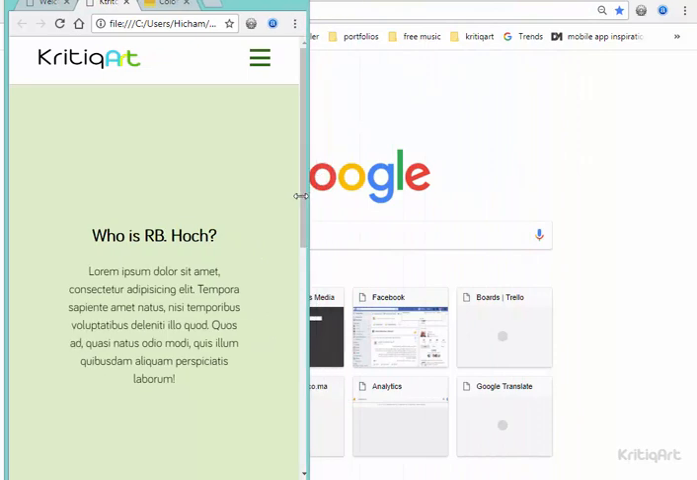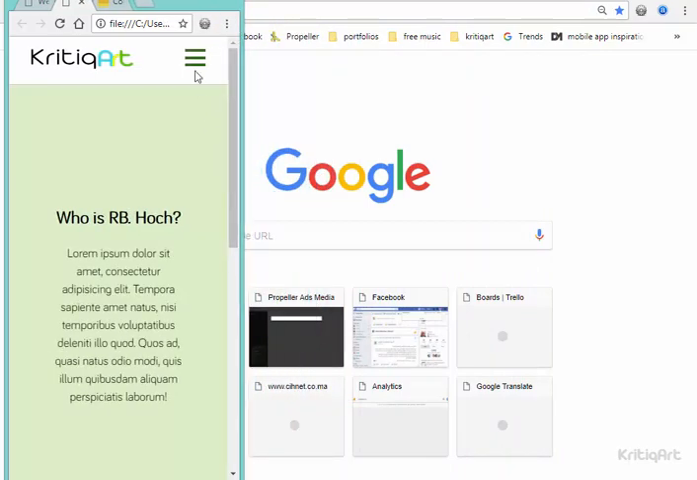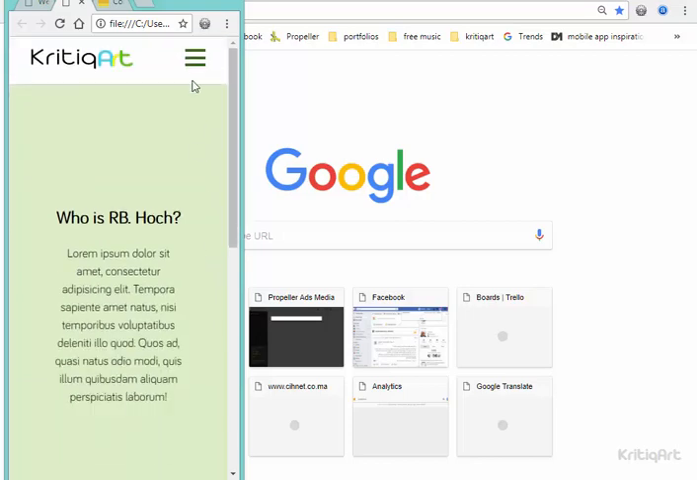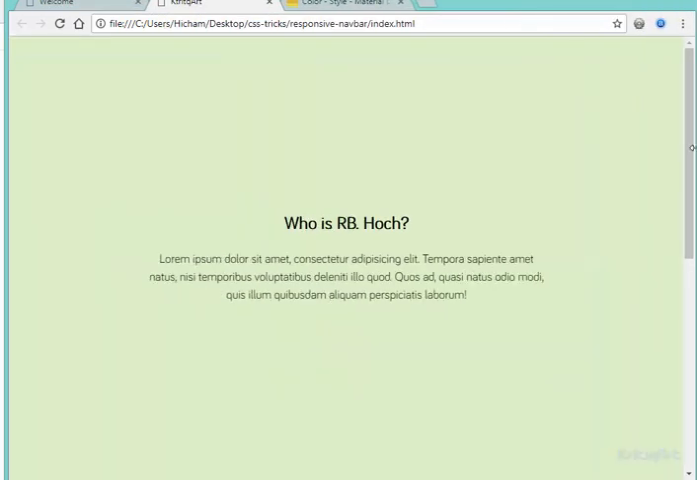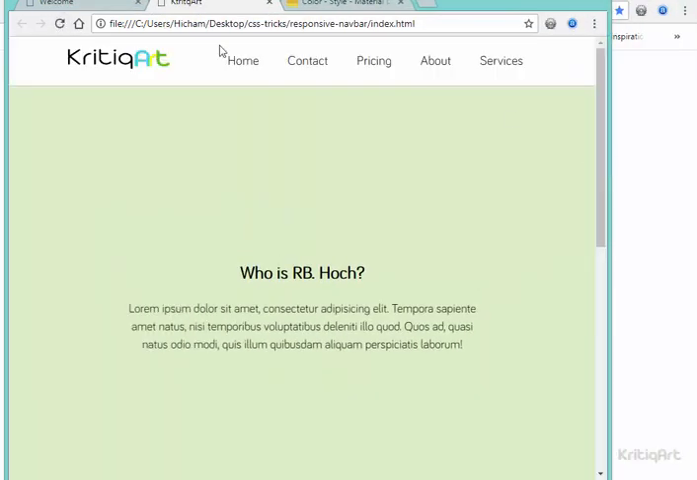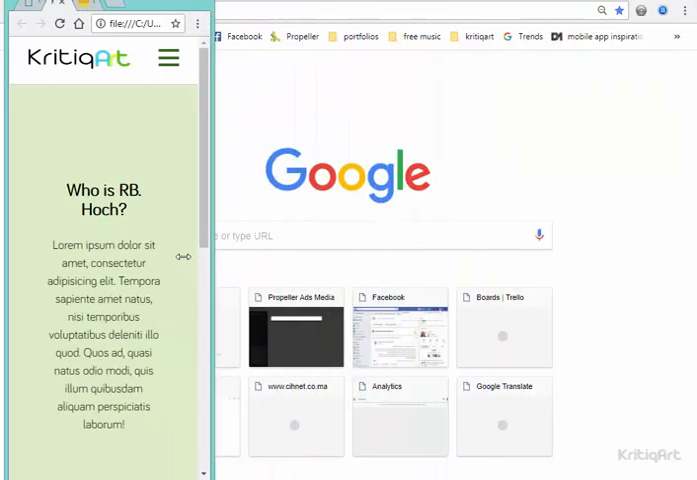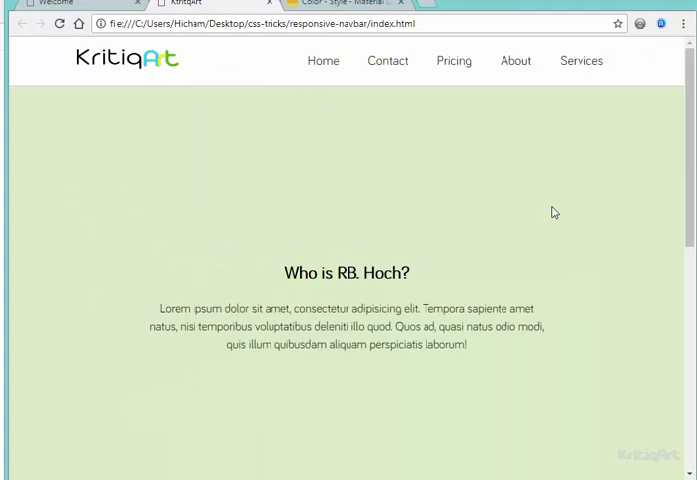When I get under a certain width, my navbar shrinks and becomes vertical, and when I click this button, it slides down, it slides up. It's cool, it's very simple, and as you know, it's responsive. So that's what we are going to build in this video tutorial. Let's not waste a lot of time and jump to our